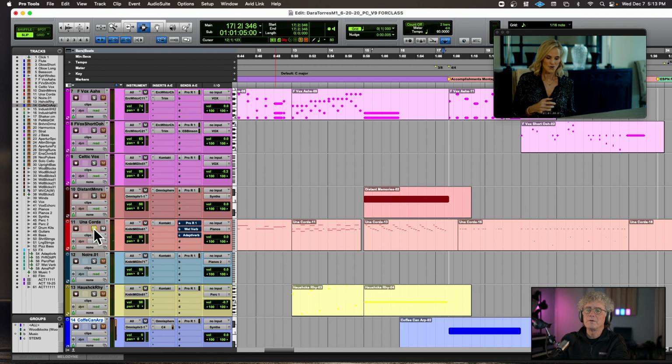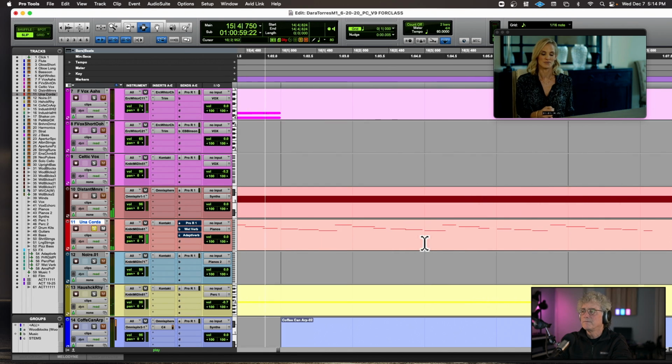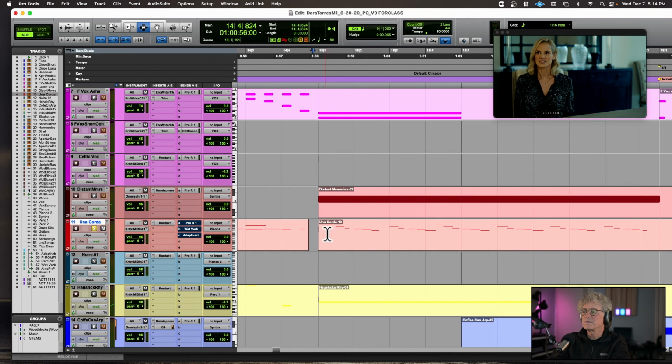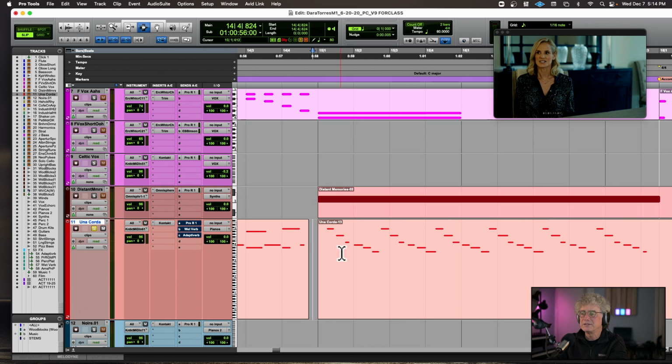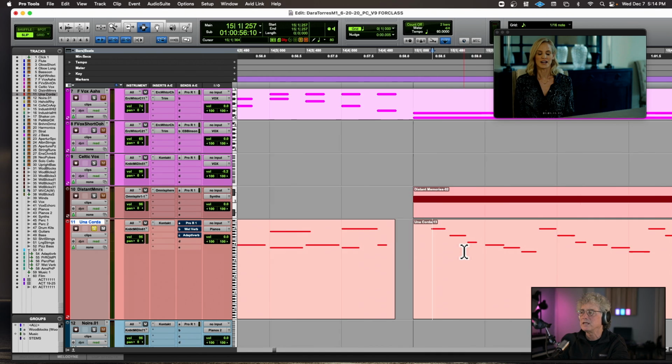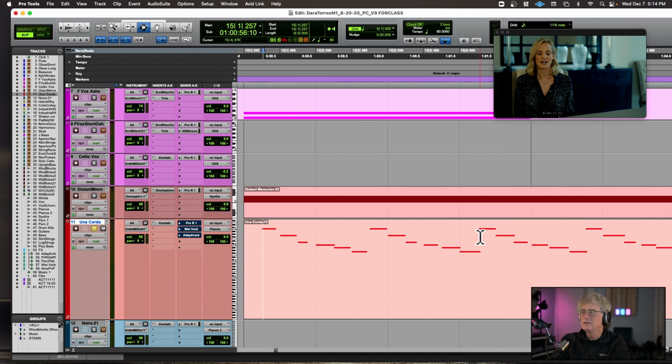Now, I want to show you something on the piano, how right here you'll see these notes, it's really a pattern of 7 notes. They don't really line up on the grid very well. It's just this pattern that I played freehand, and I didn't worry about quantizing anything. So you can see where it doesn't really fit on the grid, you know? It's just this wash of sound, and it works really well with this.